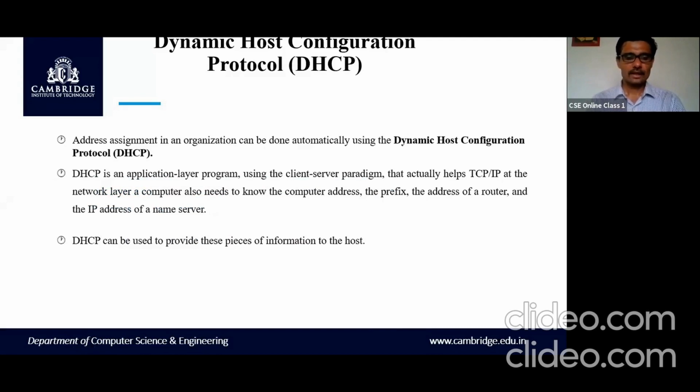As soon as you connect your computer to the network, either you manually configure the IP address and mask using the network properties, or you can do it dynamically. If you go to the network properties, there is one more option, DHCP. Using DHCP, you can get the IP address dynamically. Once you disconnect, it is automatically released, and the same IP address may be allotted to somebody else later.